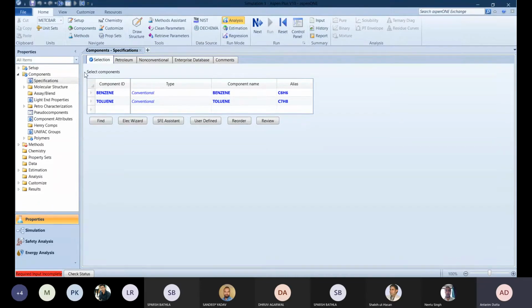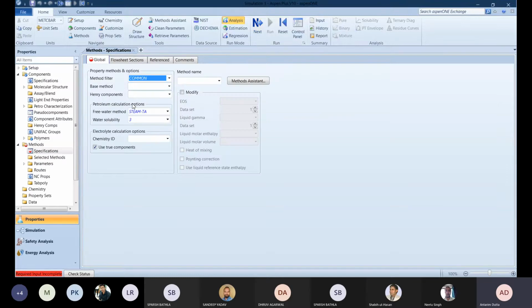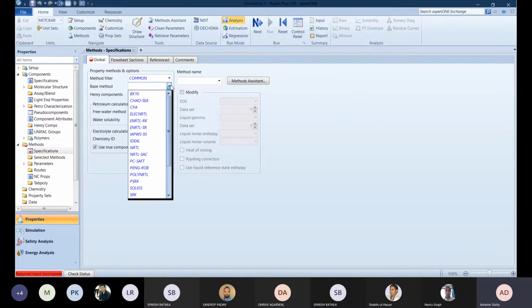After adding my components, I will click on this next button, and this will ask you to select a base model, a base method. I think I have not given you the idea regarding the selection of base method. In the later lectures, when we cover the simulation of a reactor or of a distillation column, I will give some insight on how you can select the base method and how the selection of method plays a role while simulating with particular components.